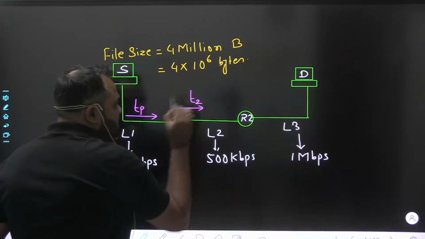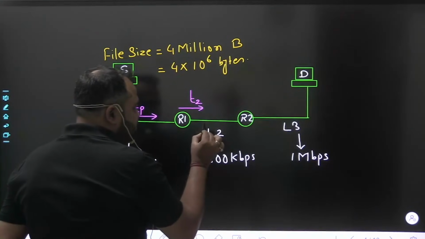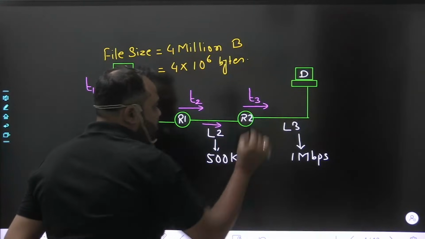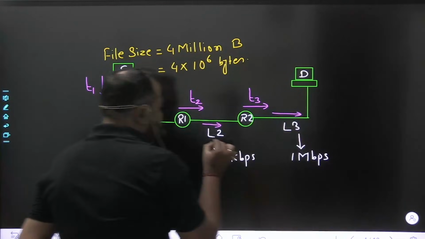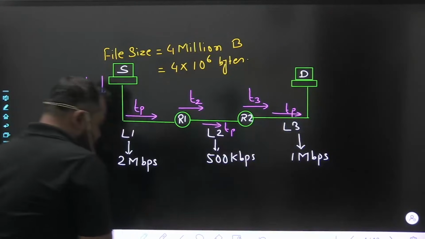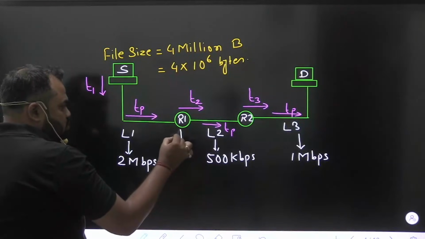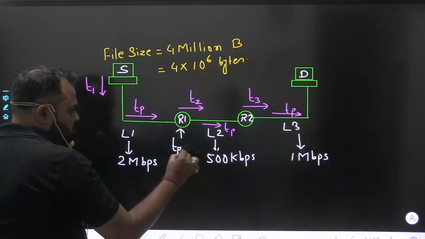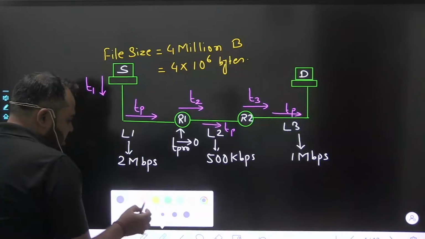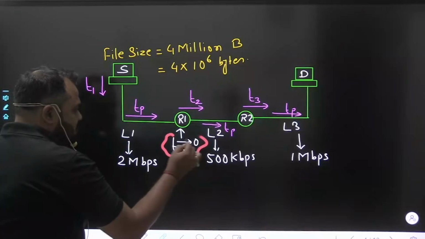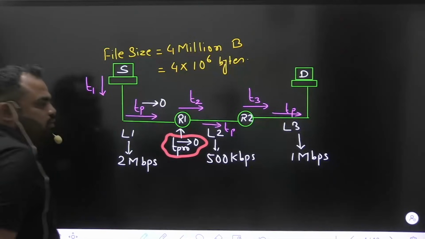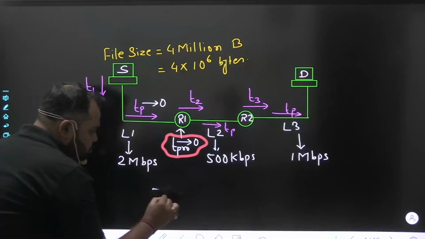तो यहां से फॉरवर्ड करने में जो टाइम लग रहा है, सपोज दिस इज t2, दिस इज द ट्रांसमिशन टाइम, अगेन इट विल बी प्रोपागेटेड एंड देन इट विल बी ट्रांसमिटेड। तो ये हो गया हमारा t3 एंड अगेन इट विल बी प्रोपागेटेड। तो प्रोपागेशन में जो टाइम लग रहा है, सो दिस इज द tp एंड दिस इज अगेन tp, एंड वंस द पैकेट विल रिसीव बाय द राउटर, सो राउटर विल स्पेंड सम टाइम ओवर प्रोसेसिंग, जो कि हमें टेंडिंग टू 0 दिया हुआ है। तो यहां पर हमारा जो प्रोसेसिंग टाइम है इट इज गिवन एज टेंडिंग टू 0, एंड जो प्रोपागेशन डिले है दिस इज ऑल्सो गिवन एज टेंडिंग टू 0।